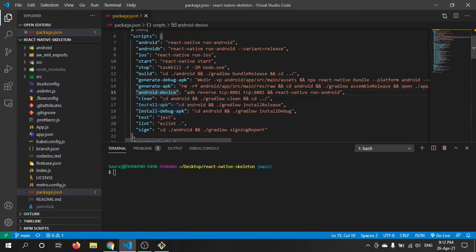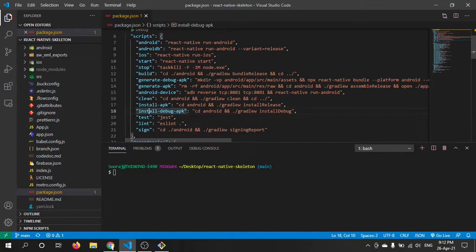I use yarn clean to clean the build which is created by the compilation process, and I use yarn install APK to create the release APK.